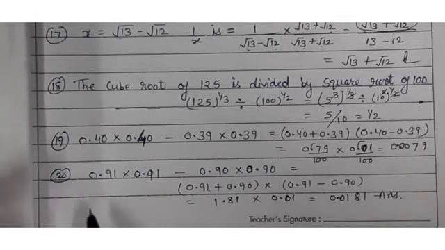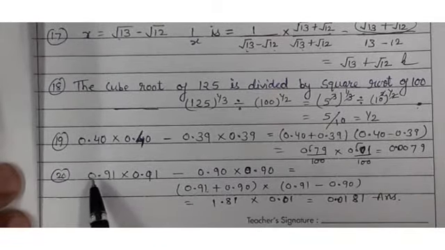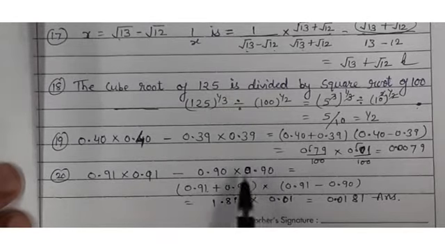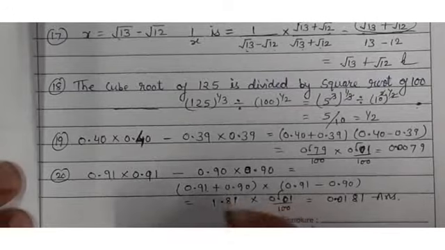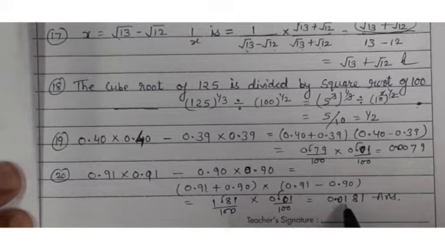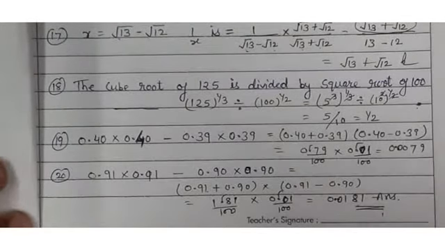Similar one, question next, 20th. Same question, that's like a square minus b square. This will be a plus b into a minus b. If I add this, I will get 1.81 into, after subtraction same thing I will get again 0.01. Then you can remove it, or you can do directly also. Then 0.0181. It means after 4 places, 1 2 3 and 4, I have to put decimal. This is your answer.